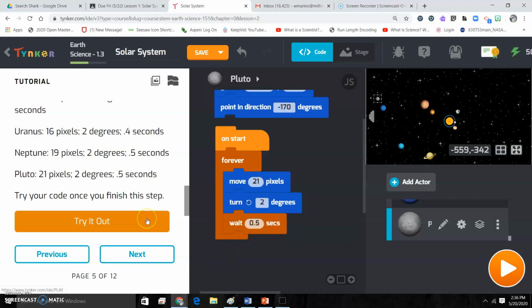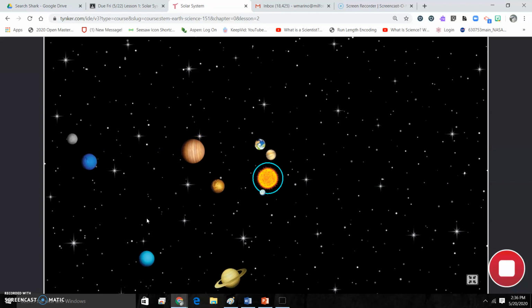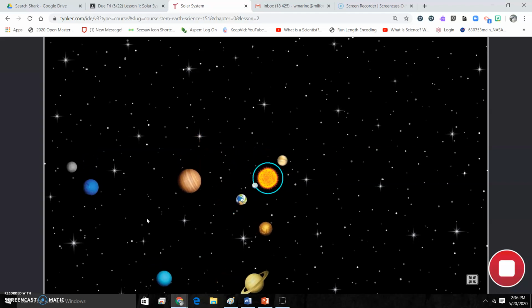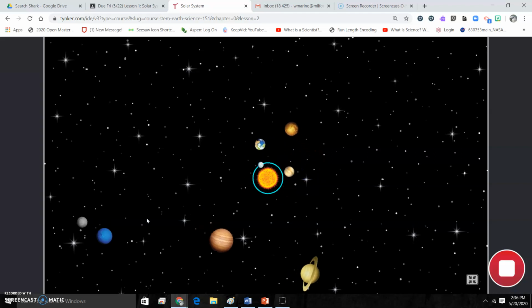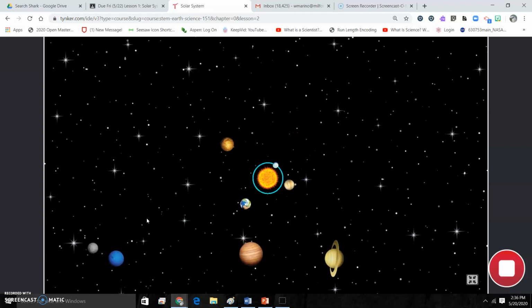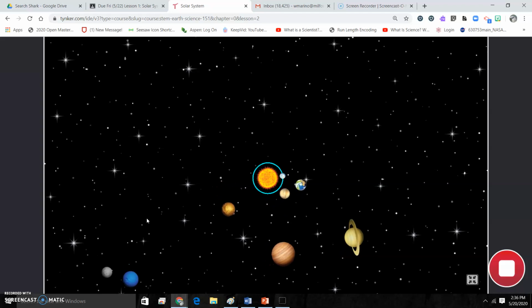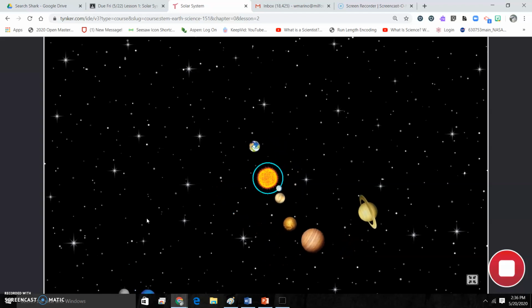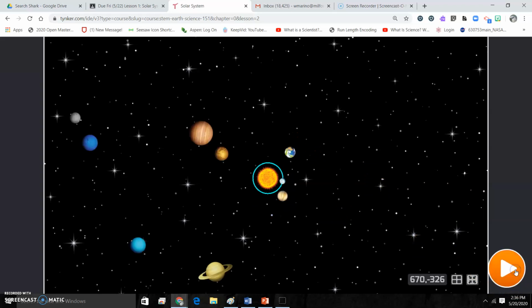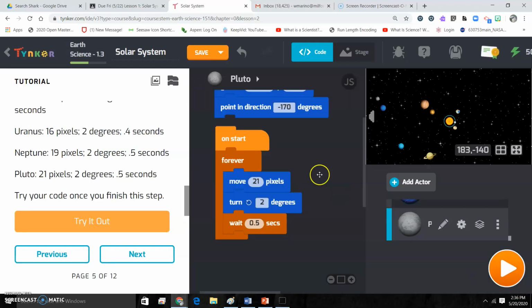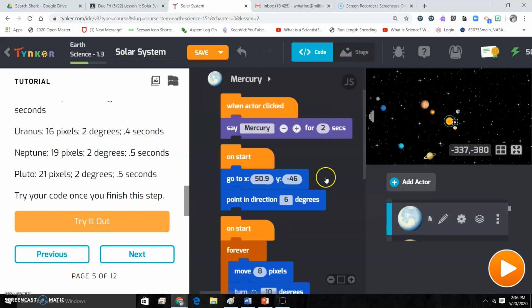Let's see what our hard work looks like. Okay, so we have orbiting planets. One of the things, though, I noticed, is that the inner planets are still moving pretty quick. I think I'm going to slow them down just a little bit. So, I want to go back up here to Mercury. And Mercury is going